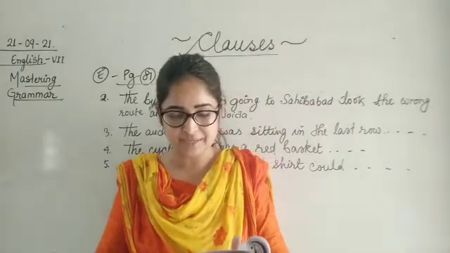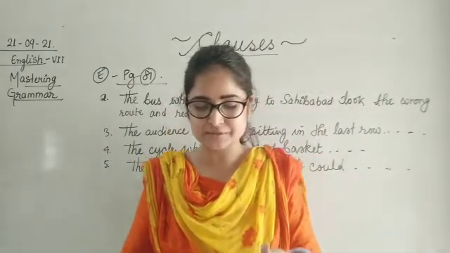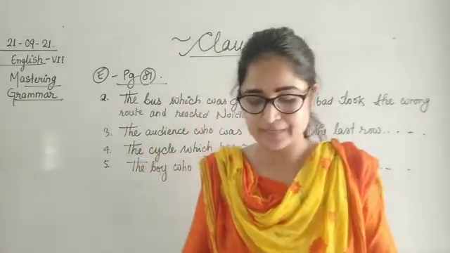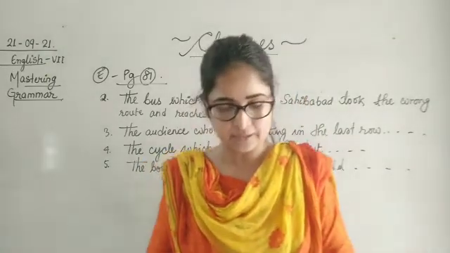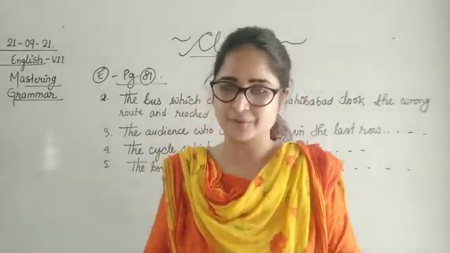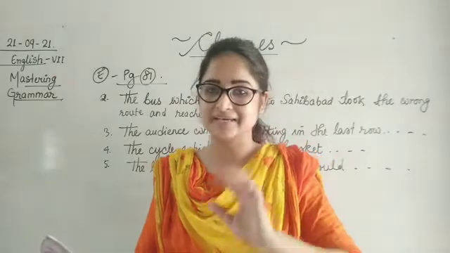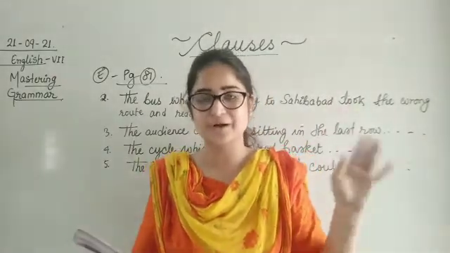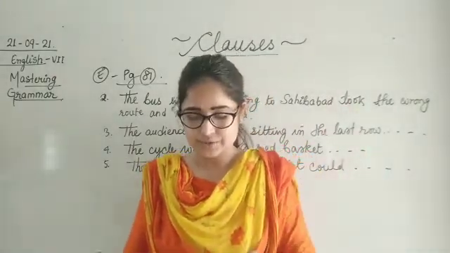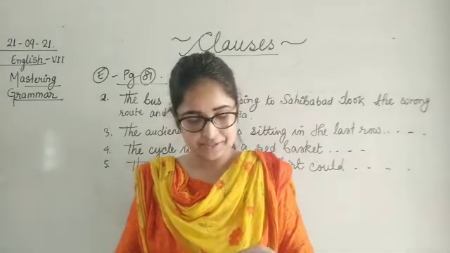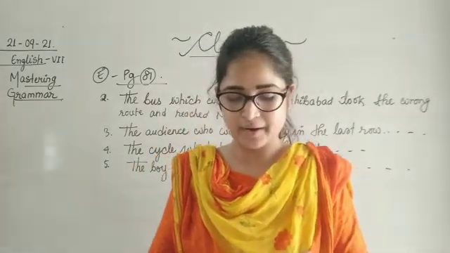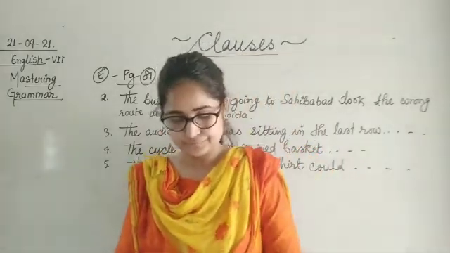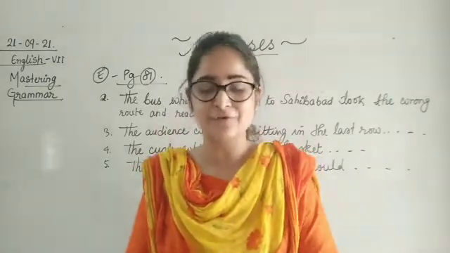Adverb clause of place: when the clause shows the place of action, it is called an adverb clause of place. Like, my pet dog moves around the park wherever he likes. So he is the subject and wherever is the connecting word here. Now it is introduced by where or wherever. We will know that they are adverb clauses of place.